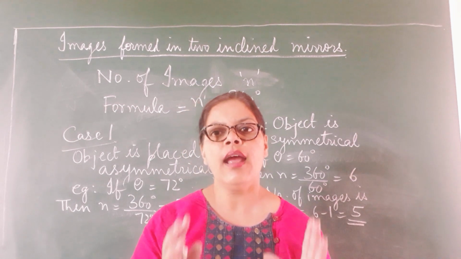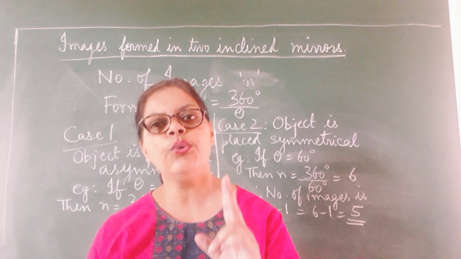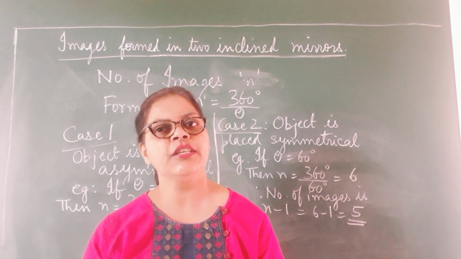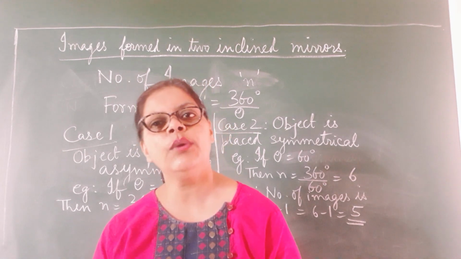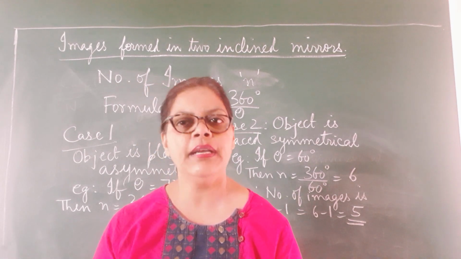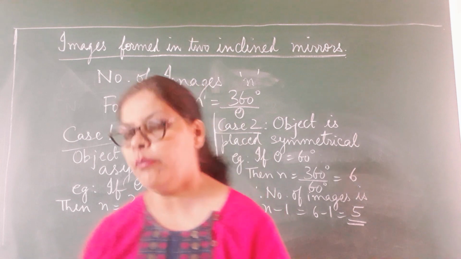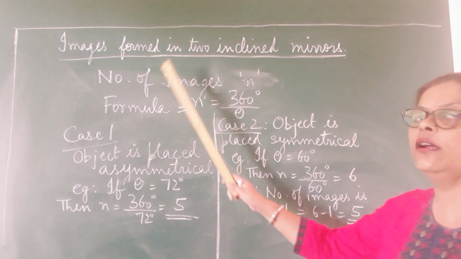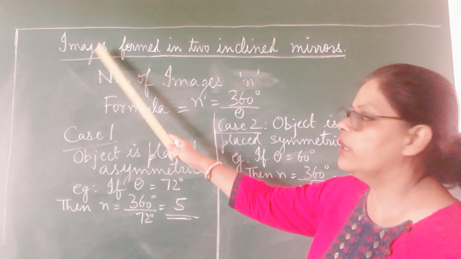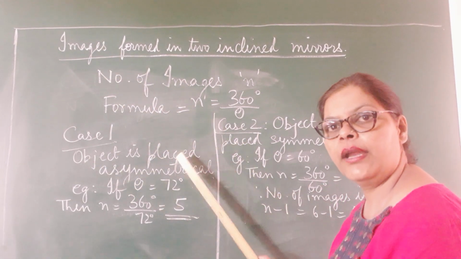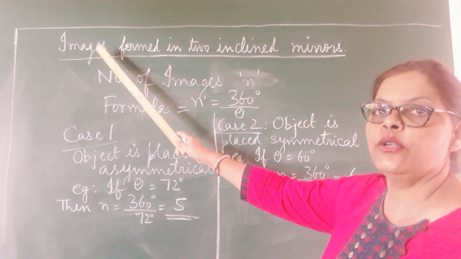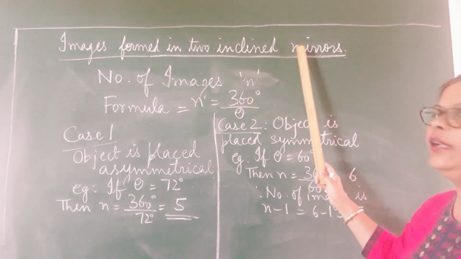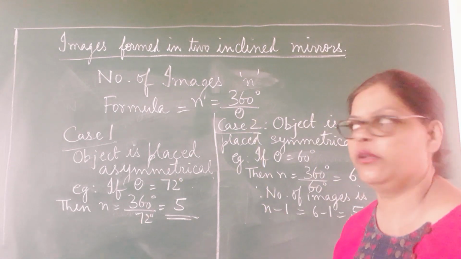Multiple images, or you can say a number of images, are formed. Also we are going to practice two important ray diagrams today. That is when the plane mirrors are placed parallel to each other, and the second one is when the plane mirrors are placed perpendicular to each other. But before I begin with the ray diagrams children, I would like you to focus on a special formula. Look here children, I have written and prepared the notes for it. Here we are going to study about images formed in two inclined mirrors, and the mirrors are plane mirrors.